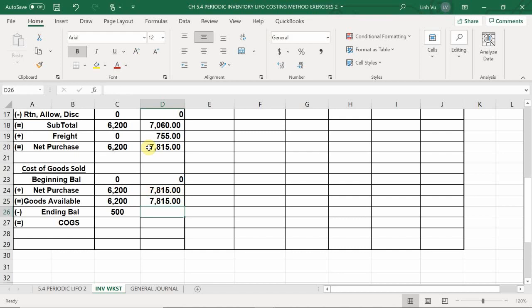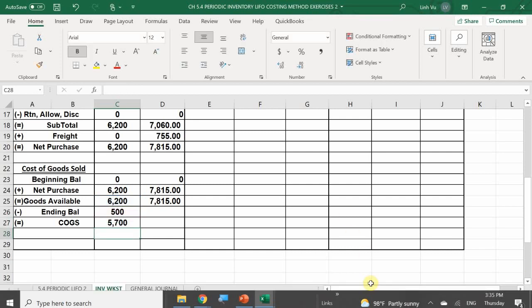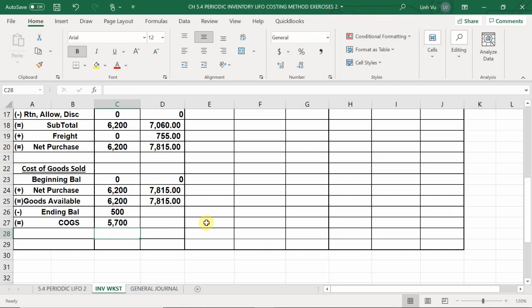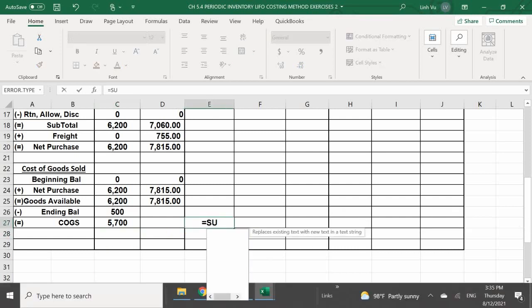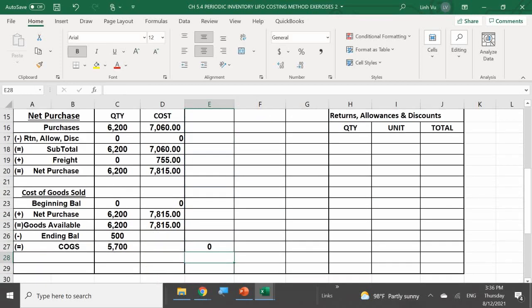All right, now in this case, if I started out with 6,200 units, and now I'm only down to 500, in grand total, how many items did I sell? 5,700 units. Okay, so I'm going to go ahead and do my running balance once again